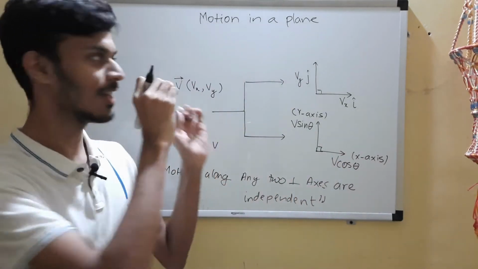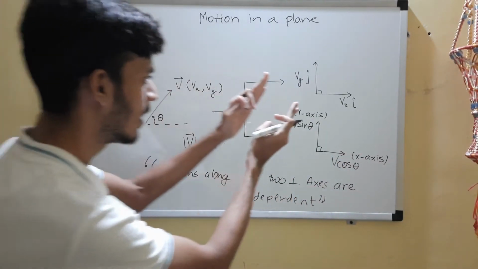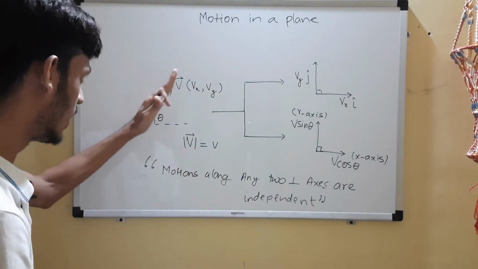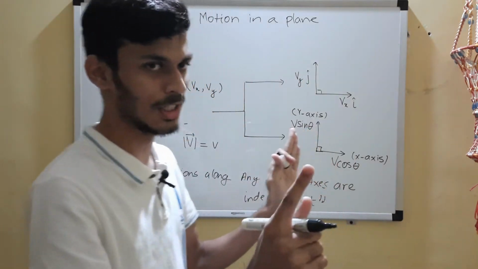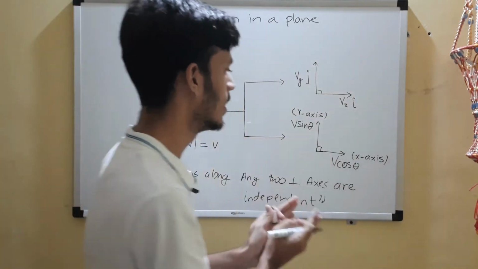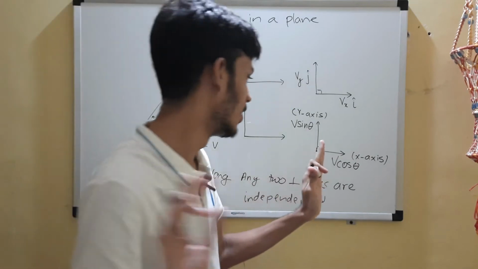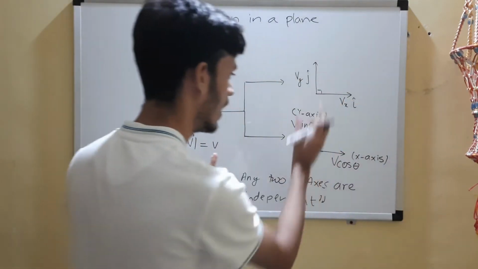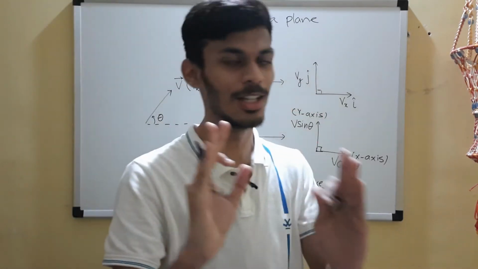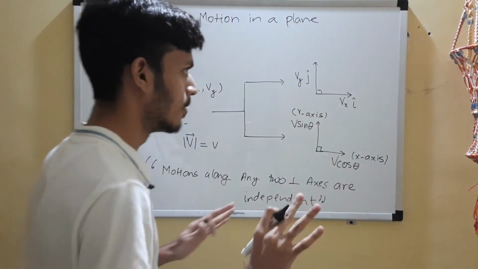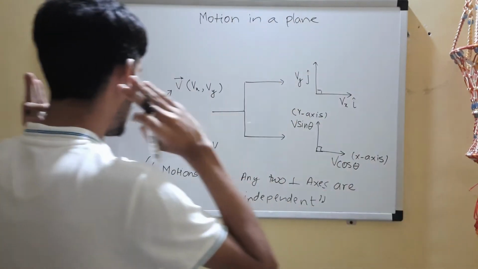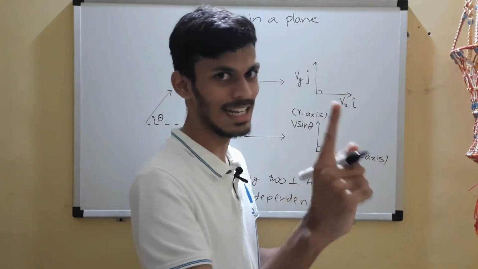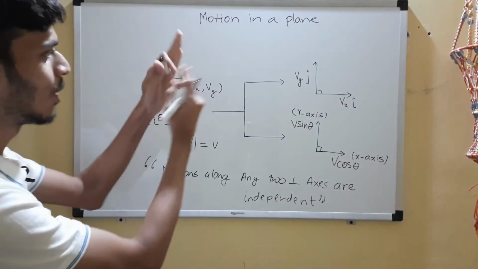So you can break this 2D thing into two 1D things which are independent of each other, right? You broke this 2D motion into two 1D motions which are independent of each other. So you can apply your 1D logic in this direction and this direction. We'll come to the logic, how to solve the problems and all, don't worry. But now just acknowledge the fact that 2D can be broken into two 1Ds. 2D is more like two 1Ds.